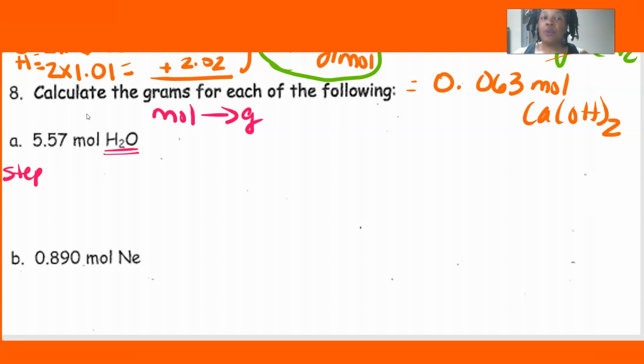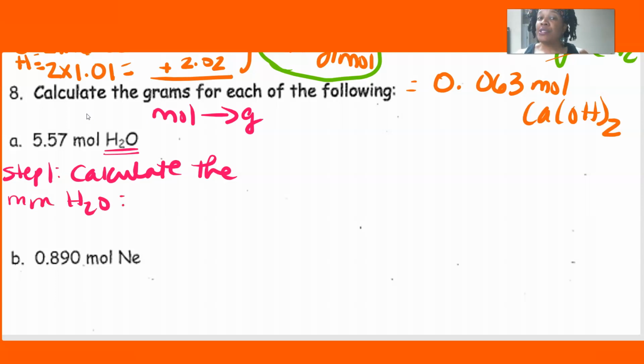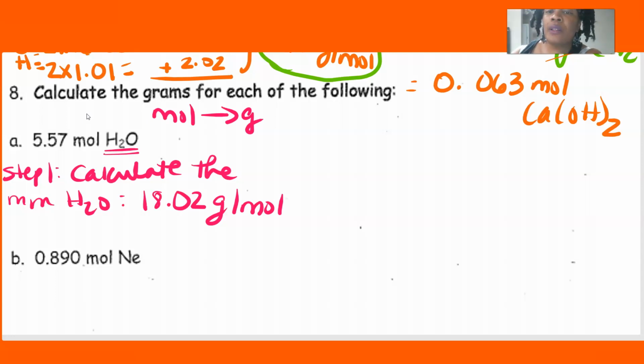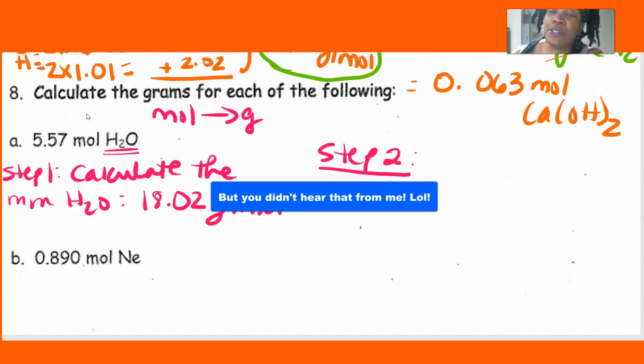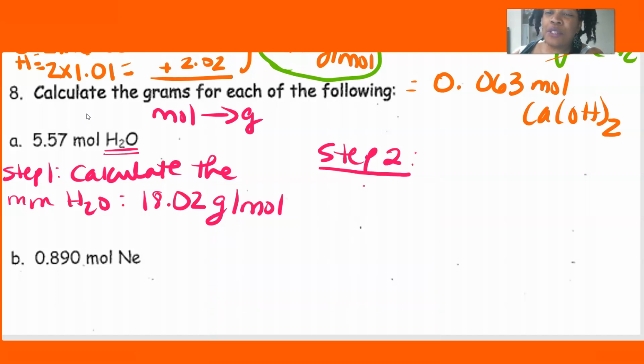So step 1, I am going to calculate the molar mass for H2O. Now I've already gotten that answer, so I'm just going to go ahead and put it on the screen so you all can see that. 18.02 grams per mole. Remember, you have your 2 hydrogens times the weight, and you have your 1 oxygen times its weight, and you get 18.02. Now, the easiest thing is you can also Google the molar mass of these problems, okay, to save you some time. However, if your teacher doesn't allow you to do that, hey, you already know how to do it the old school way, okay? So, you're going to take in step 2 the 5.57 moles of water